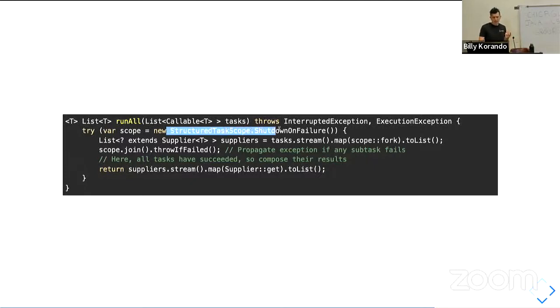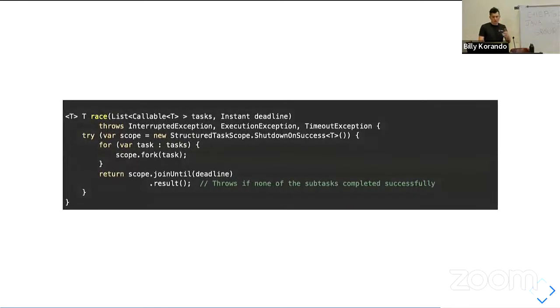Like here in this example, you have a structured shutdown on failure, where if any of the tasks within the scope were to fail, then it would automatically cancel all the other tasks. You can also have a shutdown on success where, okay, you have 5 tasks executing concurrently, but the first one that succeeds could just say, okay, that succeeds, I'll take the result from that and then cancel the rest. A good example of that is if maybe you're writing a weather app and there's a lot of different options for getting the weather for the location. You can call out to all 4 or 5 of them, and the first one to succeed, you'll just take the result of that